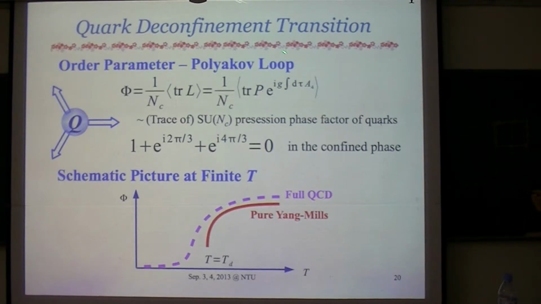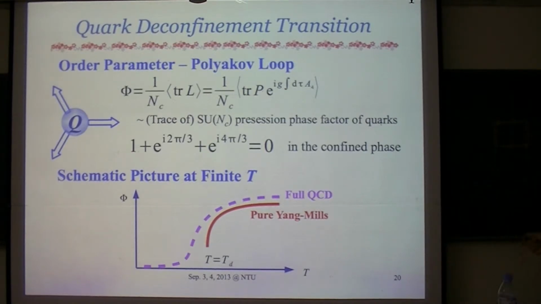Actually, this is quite natural because in some sense, this Polyakov loop can be interpreted as the SU(N) precession phase factor of a single quark inside of a gluonic medium. So this is something like an AB phase, an Aharonov-Bohm phase in the presence of the gauge potential. Inside of the gluonic medium, the static quark propagates in the temporal direction, picking up some phase factor in the presence of the gauge field